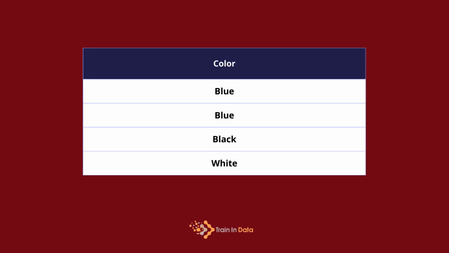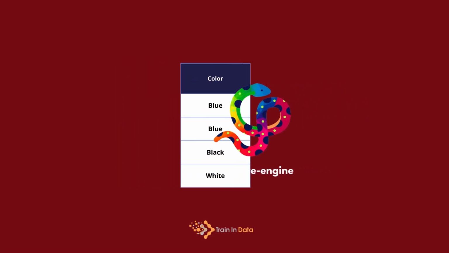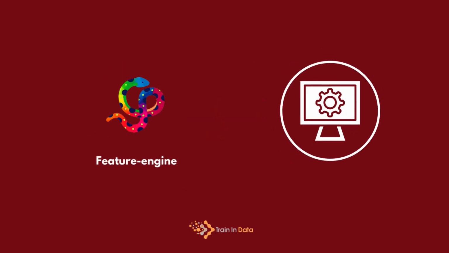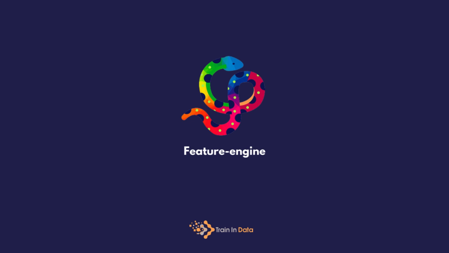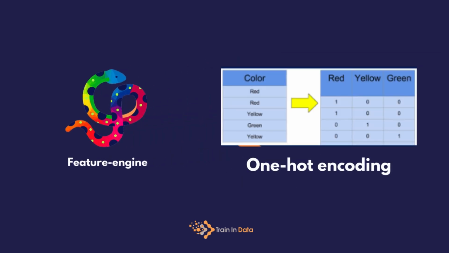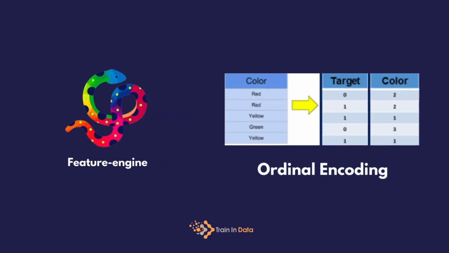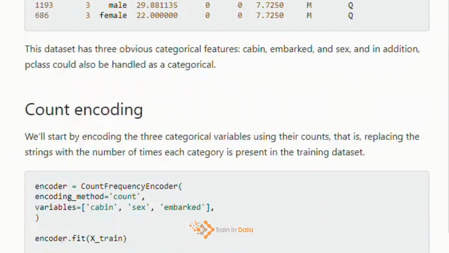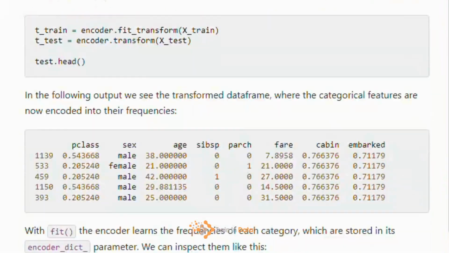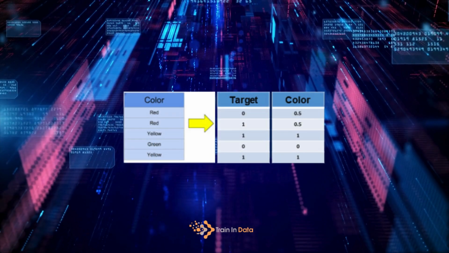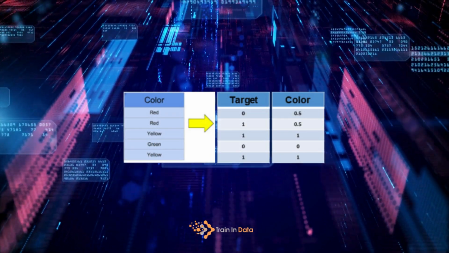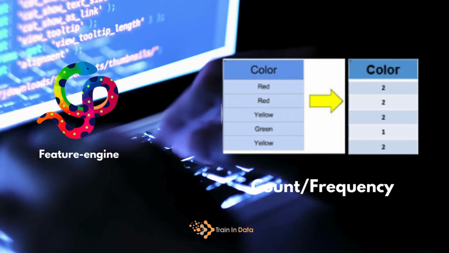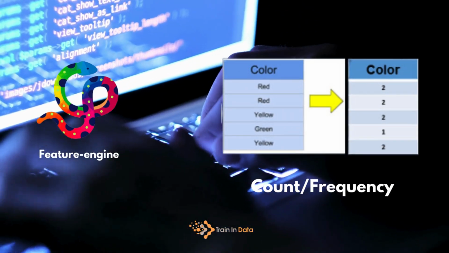Handling categorical variables has never been easier with Feature Engine's robust set of encoders. Feature Engine supports the most common encoding methods like one-hot encoding and ordinal encoding, and it also has variations of those methods, like for example encoding only the most frequent categories or ordering the number of the labels based on the target mean. With Feature Engine, you can also replace categories with its count or frequency, and you have access